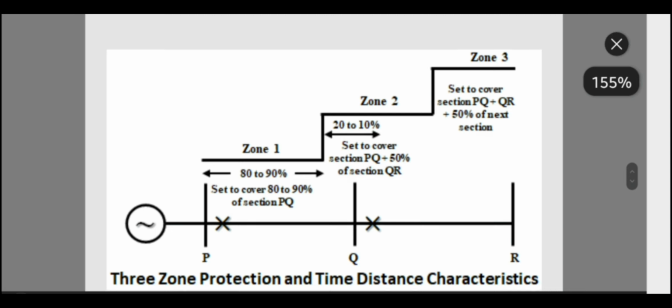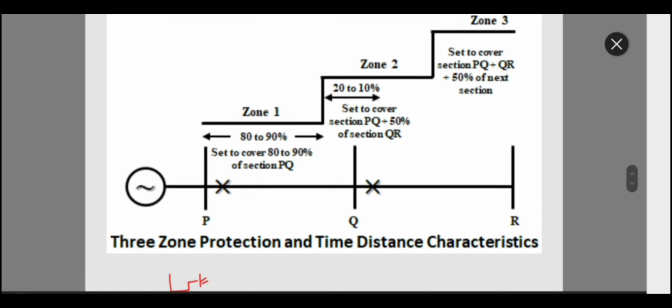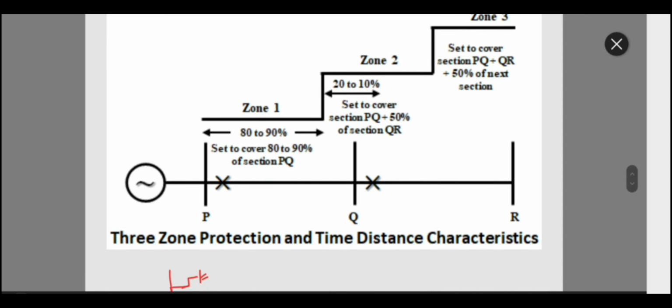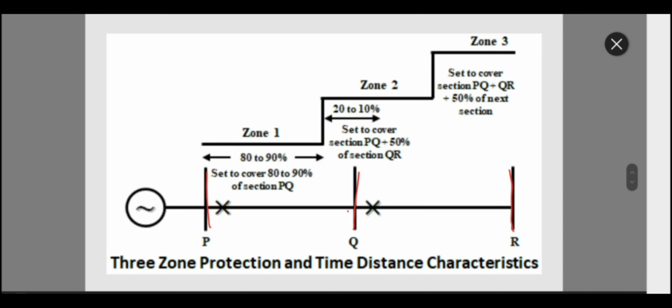You can see in this diagram, this is the line. P and Q are one transmission line, and Q and R are another transmission line. So we give different zones in the protection. What are zone 1, zone 2 and zone 3? If this is the full transmission line P and Q, we divide the transmission line into different zones